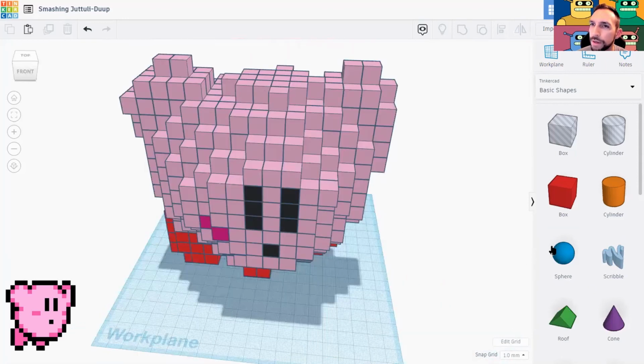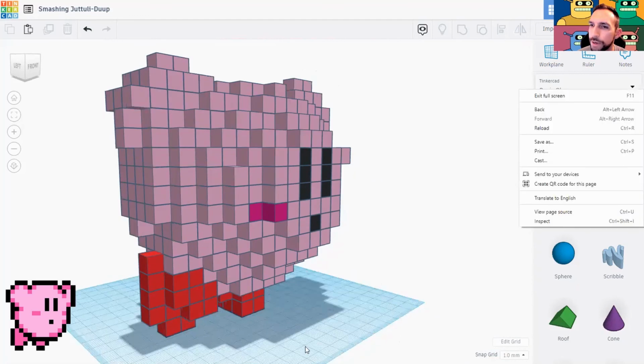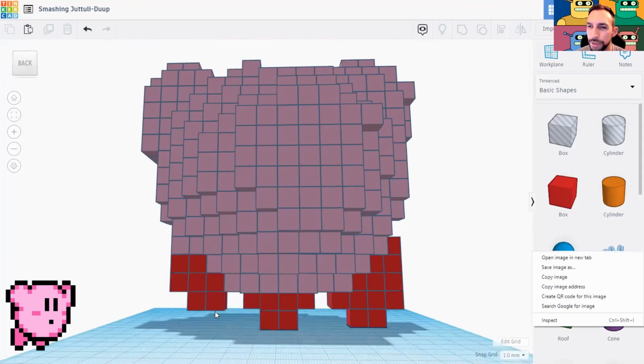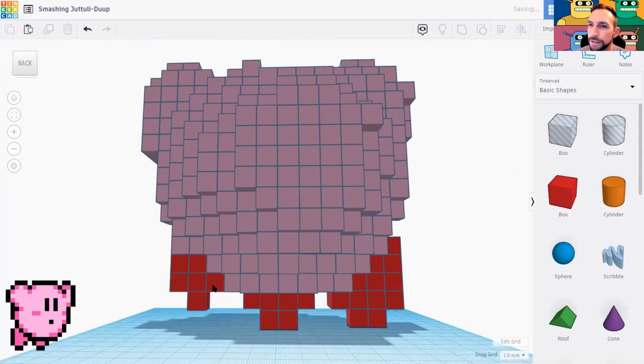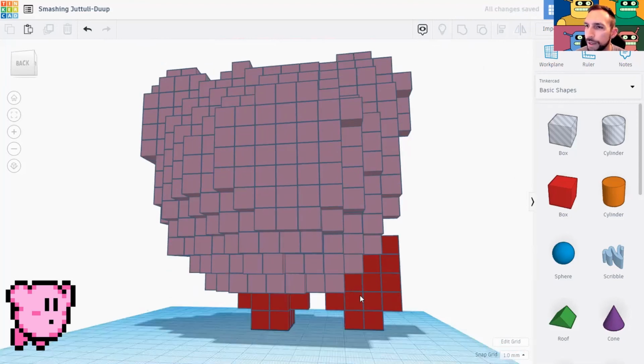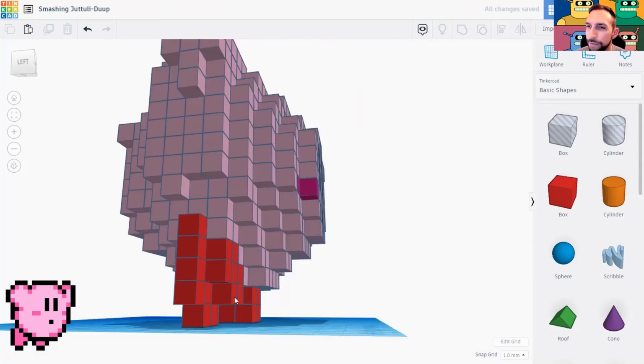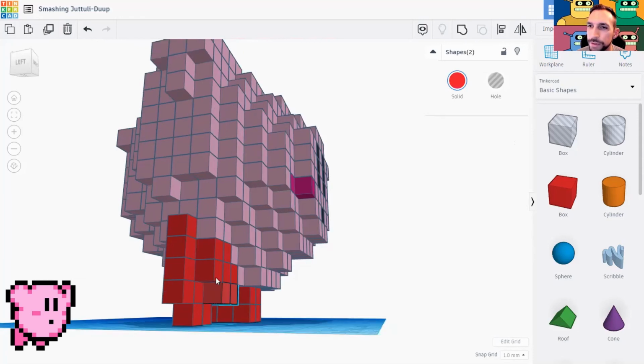Okay, so I like his arms. His arms are fine. Now I do need to make his feet look right because they don't at all right now. Let me just delete this little extra foot over here since it's the mirrored version of my front left foot. And let's just take the pixels that I had protruding from the front left and move them to the back left. So let's grab,